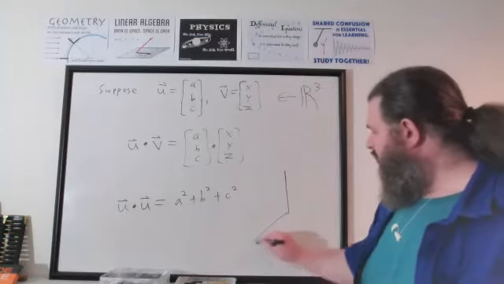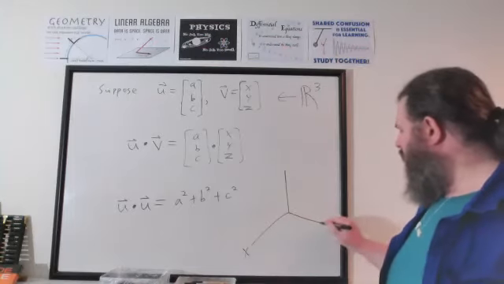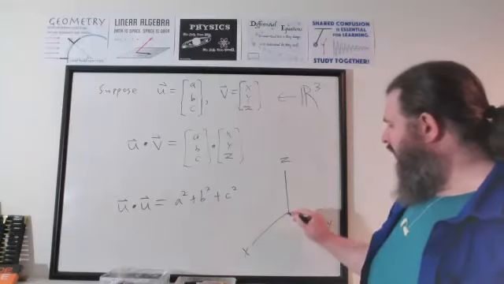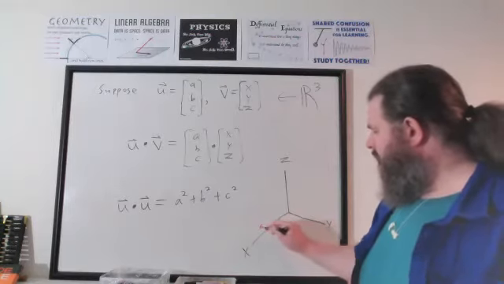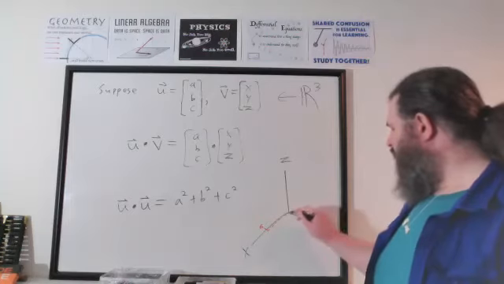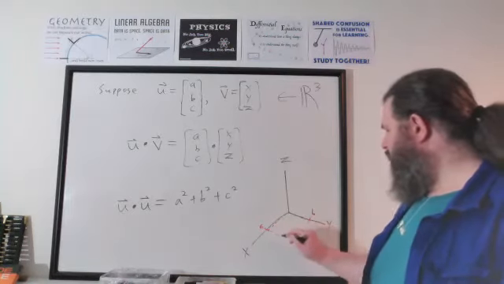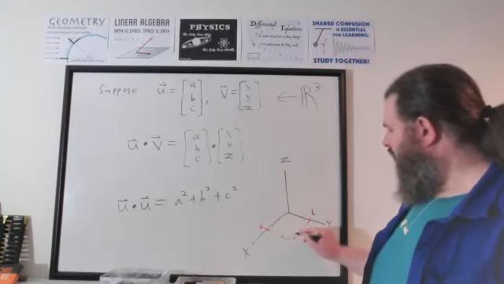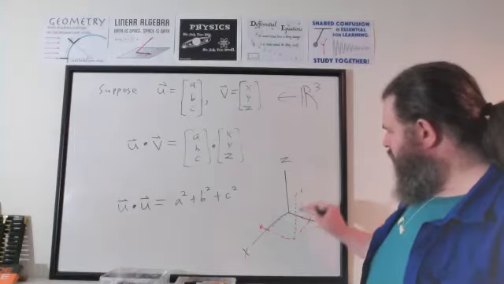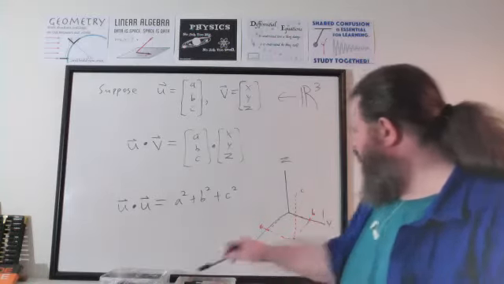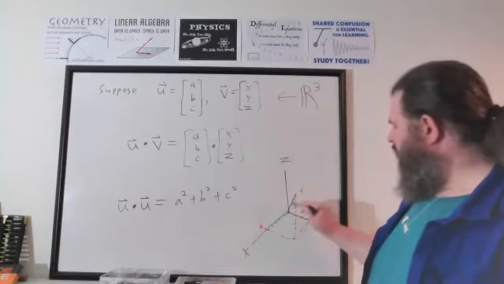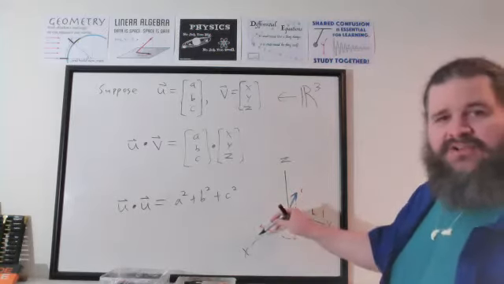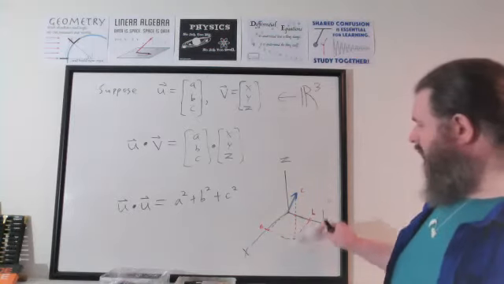If you've got an x-axis, a y-axis, and a z-axis, and a vector that is A in the x direction plus B in the y direction, and then some distance C in the z direction, so you're going from the origin out to this location. So going out A in the x direction and B in the y direction, and then from there up C